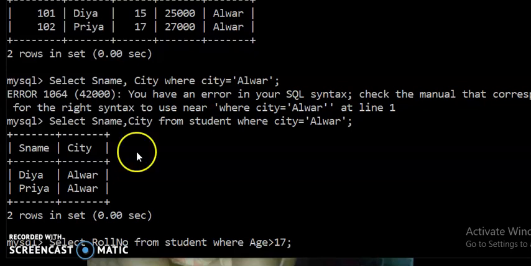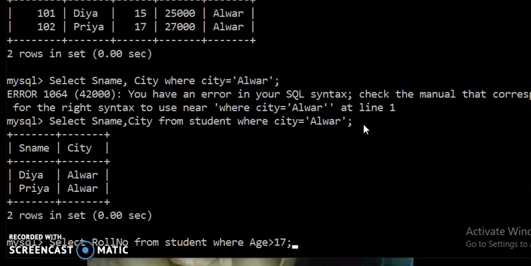So here students, I am using the greater than symbol. In the previous command I told you about the equals to symbol, city equals to Alwar. So it will show only the records that contain the exact value Alwar. So only the students who belong to Alwar will be displayed to you.